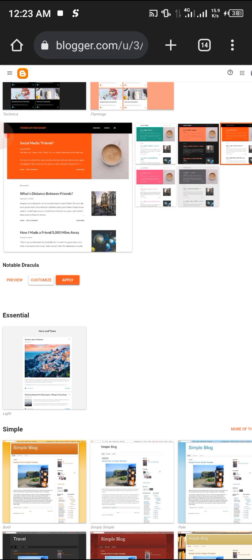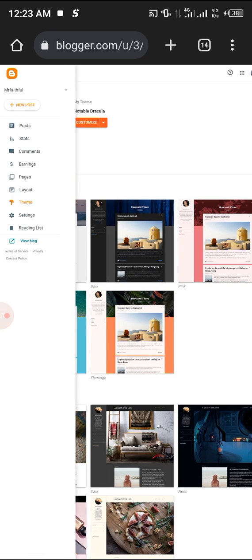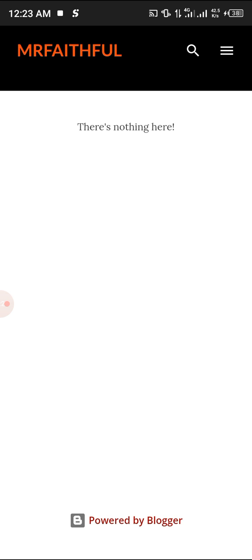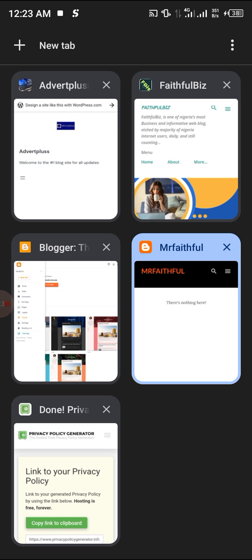And after selecting whichever theme you want, you can click on apply, or you want to customize or preview, whichever one you want to do. Then I'm going to be choosing apply because I want to use this particular theme. Guys, this is just for educational purpose. Then after selecting this, come over to your blog and view your blog, which is that one I told you guys before. Let's see if the theme is being applied. Okay, the theme is being applied. We are still working on it, guys. So after we are done with this one,